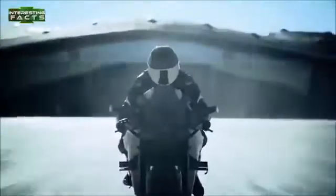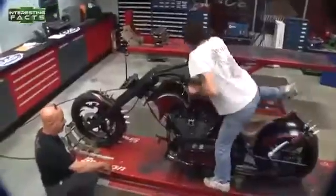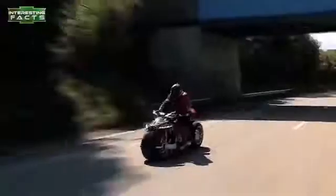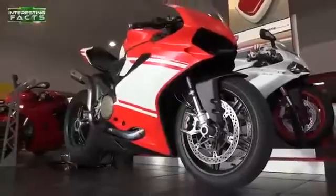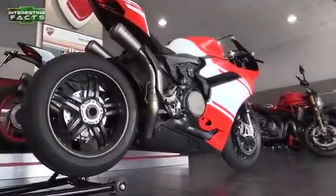According to history, the first combustion engine motorcycle was created in 1885. Since then, the motorcycle has come a long way. Some bikes are manufactured after years of design and testing, while some custom bike builders can put together dream machines